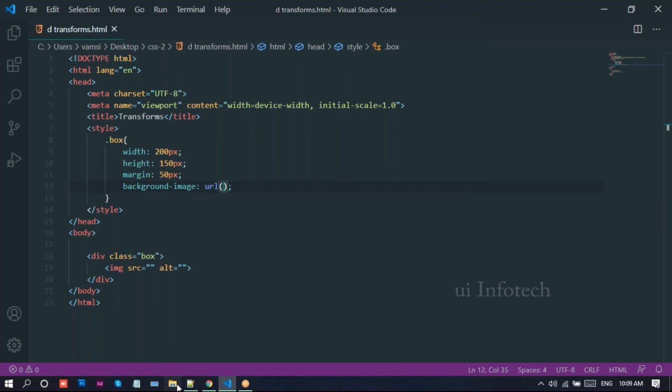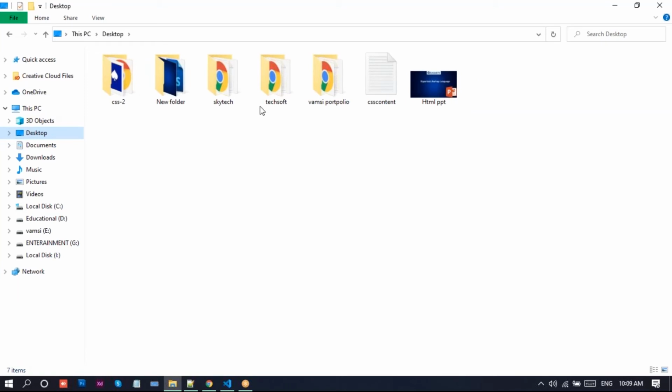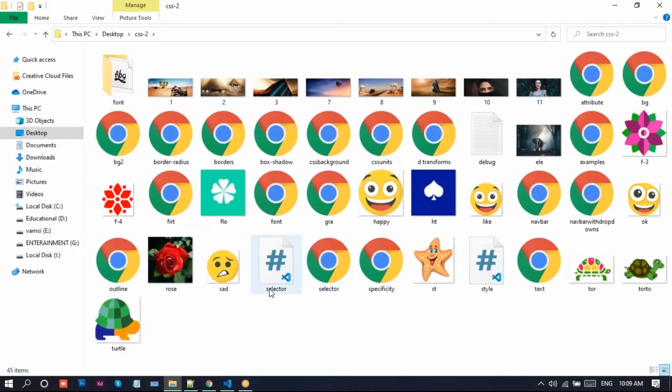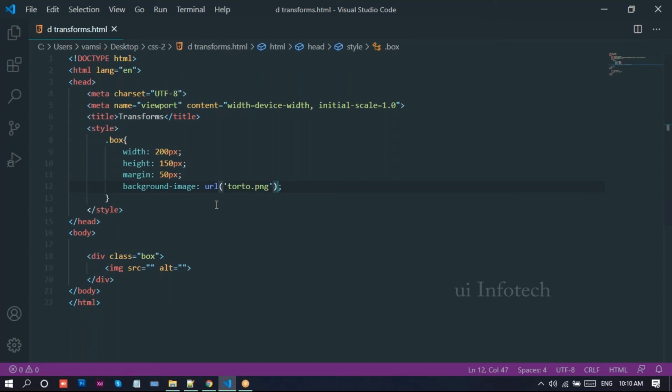I'll write background image, and take this image from the source file. We have the images folder, and I take this photo, photo.png.